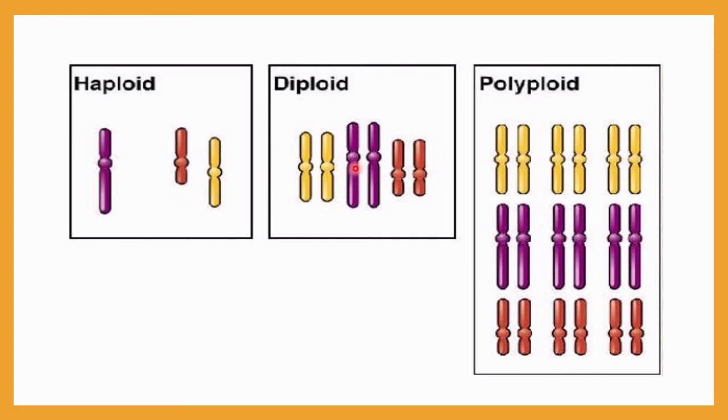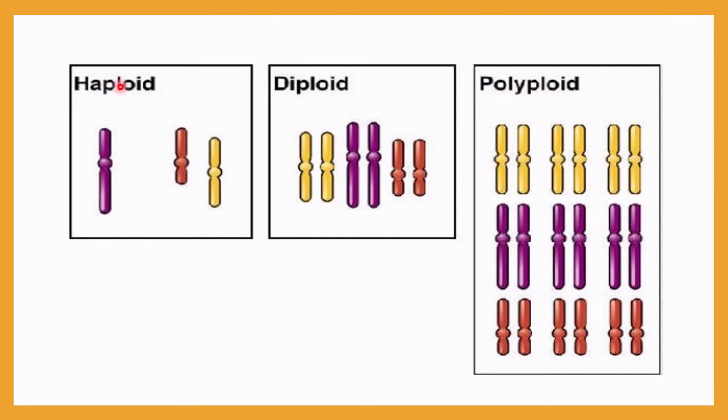All will have second copies. Okay, so this is also 2, this is also 2 and this is also 2. And if it is polyploid, then more than 2 copies will be there. More than 2. Maybe 3, maybe 4, maybe 6, maybe 8, any number. So such a thing is called polyploid.